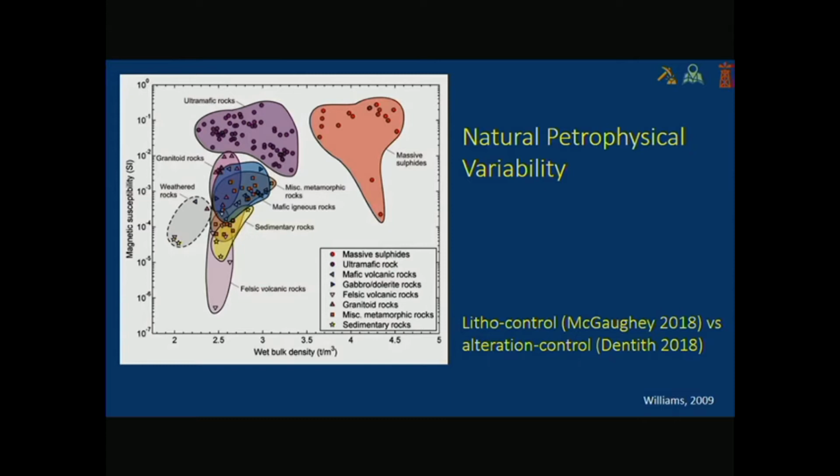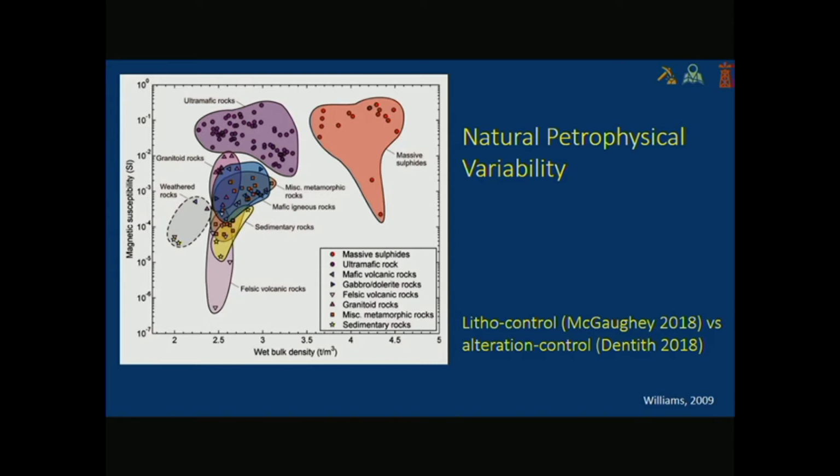There's also, of course, natural variability in the petrophysics. And so this is some work from Nick Williams from the Yilgarn, looking at just measuring density versus susceptibility. So we had this in the previous talk, this idea of whether we could correlate susceptibility and density as a constraint on our inversions. And we can see that, well, clearly the massive sulfides are behaving very differently in the ultramafics, but everything else is just sort of splopping on top of each other, which means that using it as a constraint is going to be quite limiting.